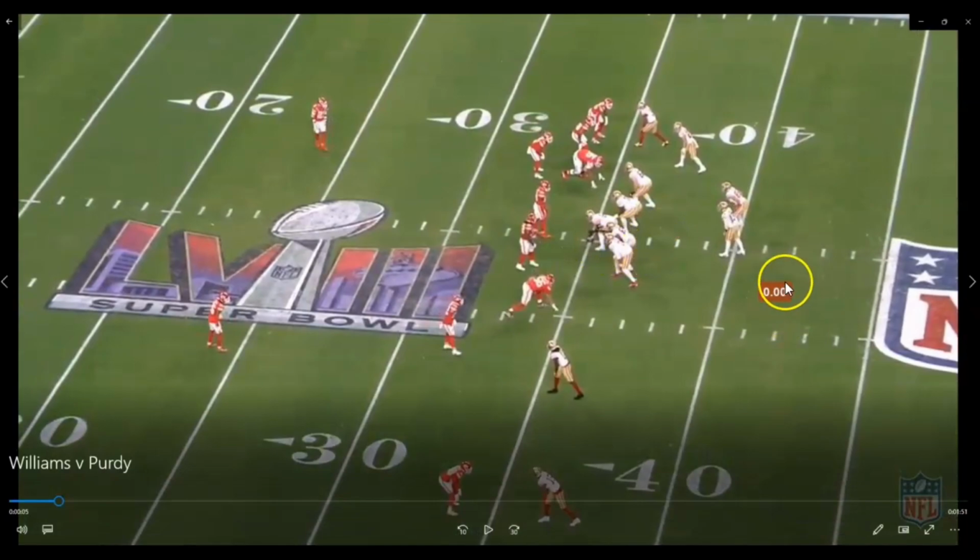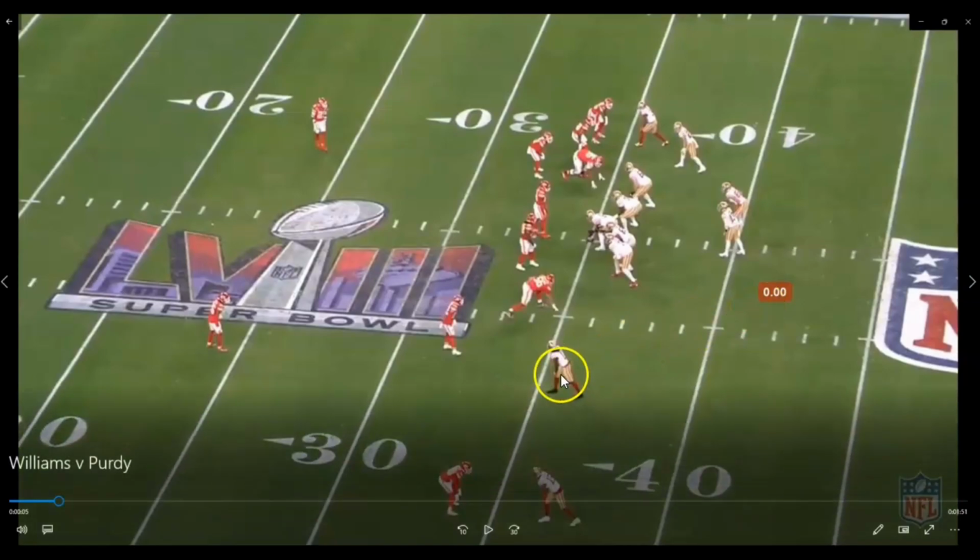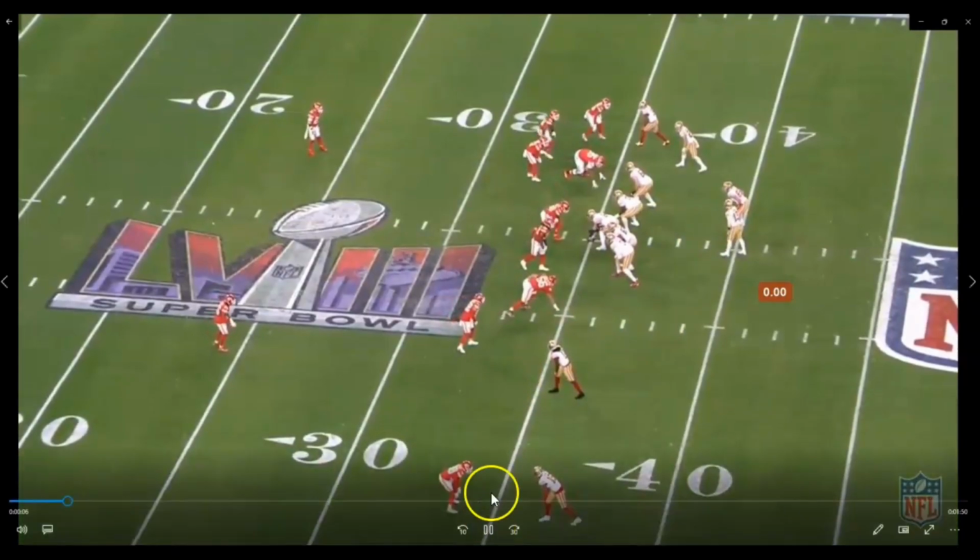We've got this thing here that I've created called the anticipation clock. Okay. And when the clock is red, that means that the throw is late. And when the clock is black, that means that it was ahead of schedule and it was an anticipation throw, all right? So what are we measuring here with this clock? We're measuring how long it takes after the receiver's already made his break for the quarterback to throw the ball. So that means that that's a late throw, okay? So if we watch on this play right here,